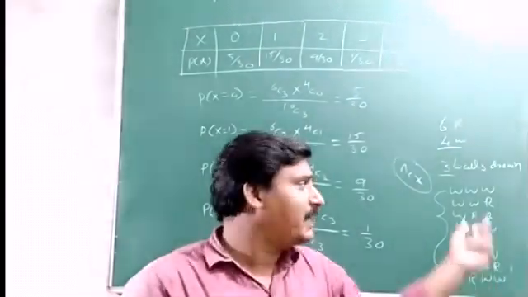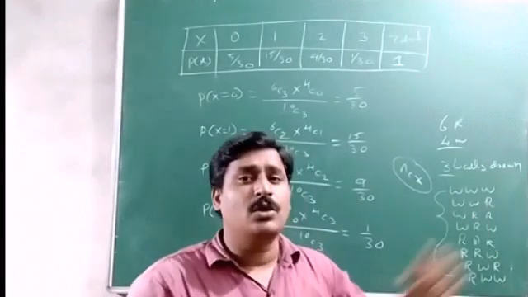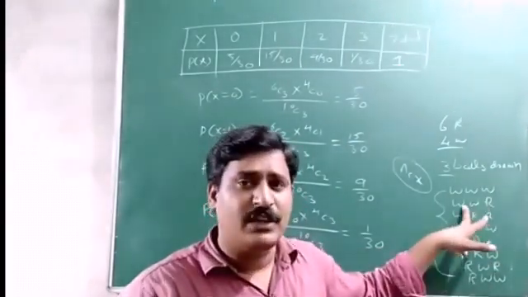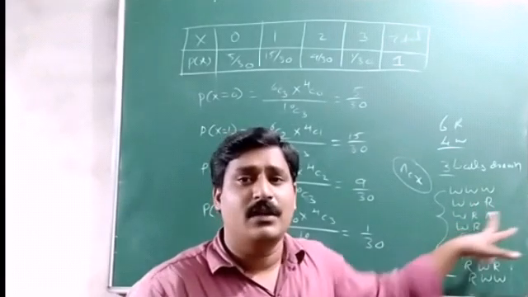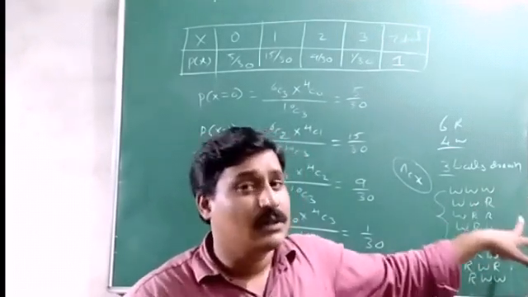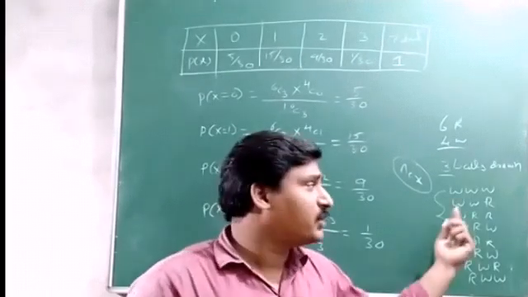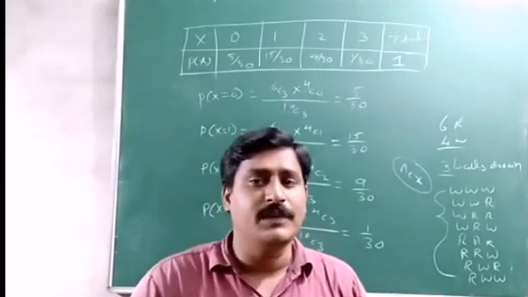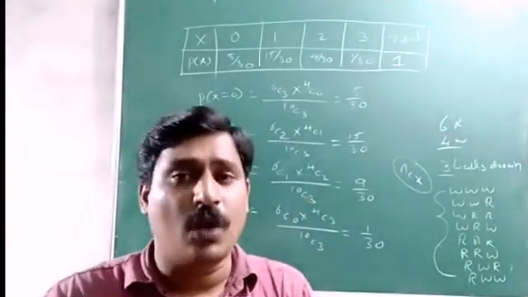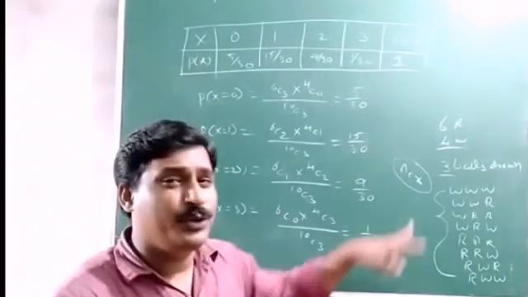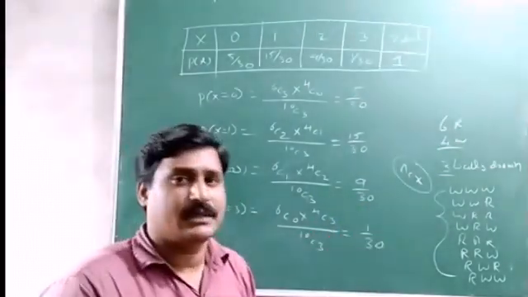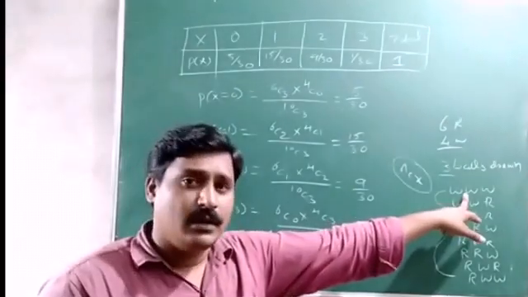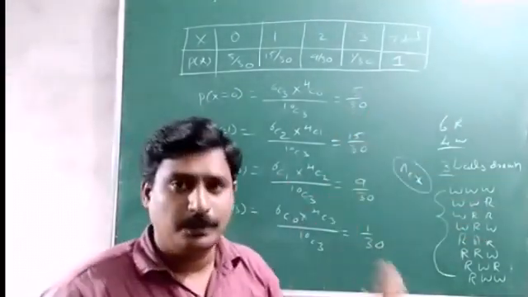So when it comes to red balls, total 6 red balls are there, so it may be any of them. First white, second white, first red. First white, second white, second red. First white, second white, sixth red ball. So in this way we get different combinations. So that is why we use nCx here, instead of taking directly 3 white balls.